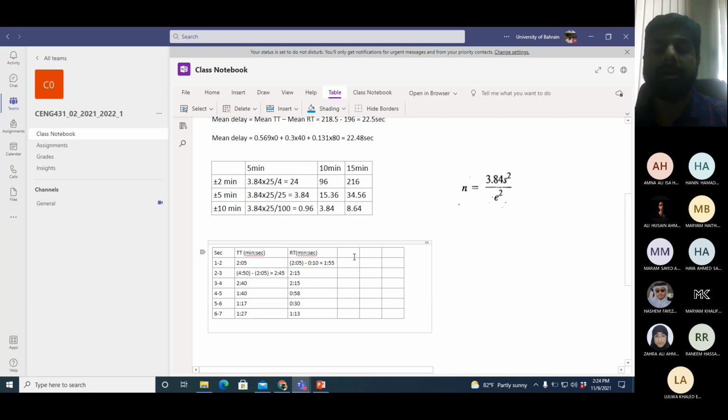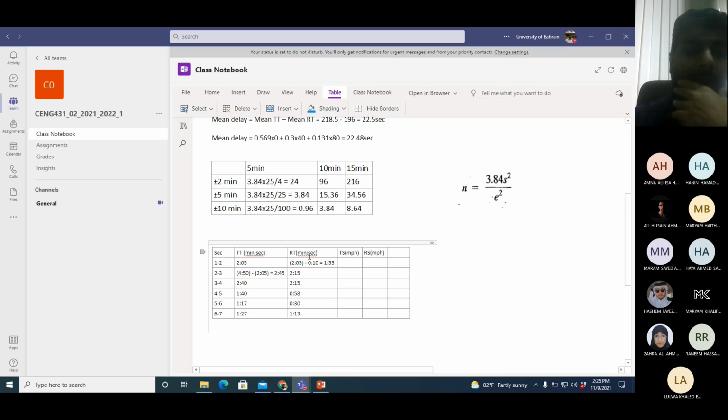Now we calculate the travel speed and running speed, in miles per hour. But before that, for calculation of travel speed, I need what?